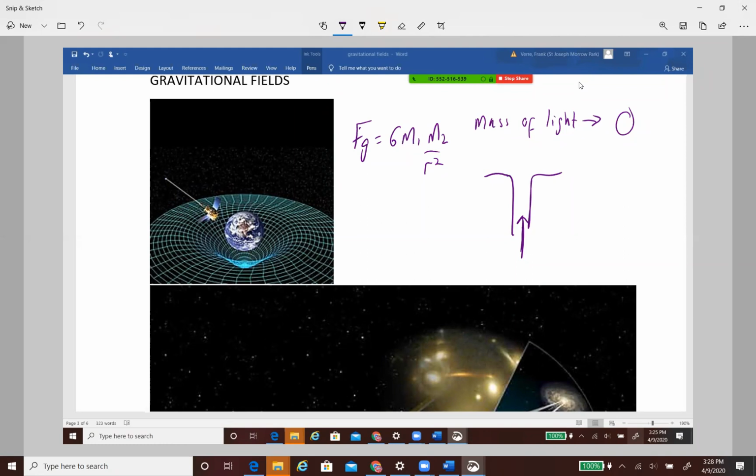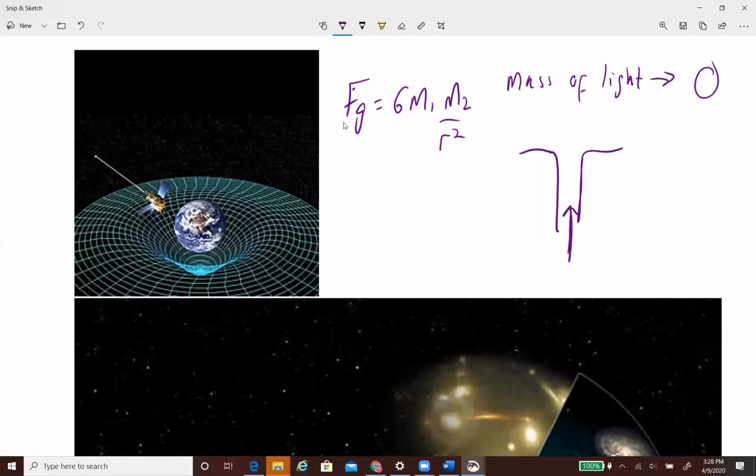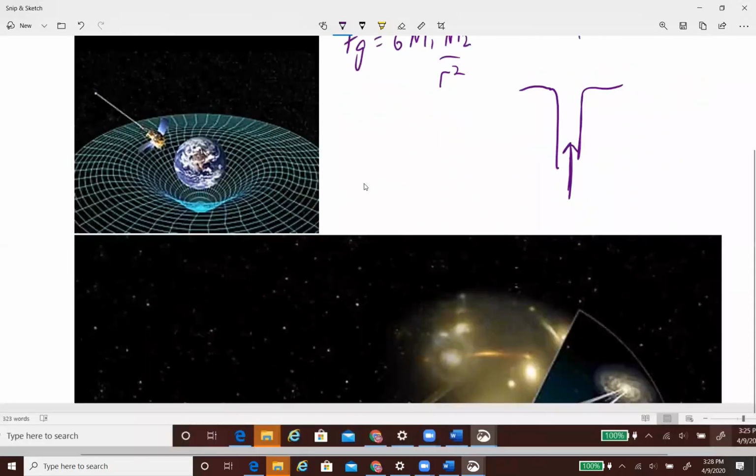Newton. Yeah, very good, Newton. But remember, one of the criticisms was he didn't explain how gravity worked. Along comes Einstein and says, well, gravity is really just a bending of space and time. Now, if we think of it that way, then it kind of makes sense why light would be affected by gravity. Because if you have an object sitting in space, so imagine that here in this image,